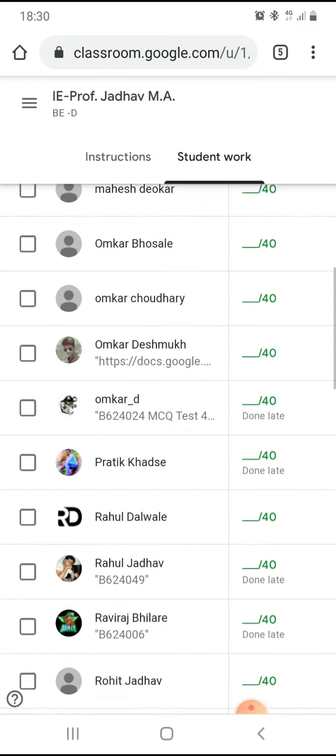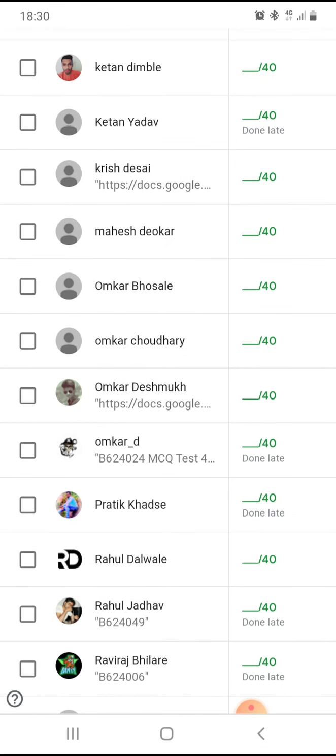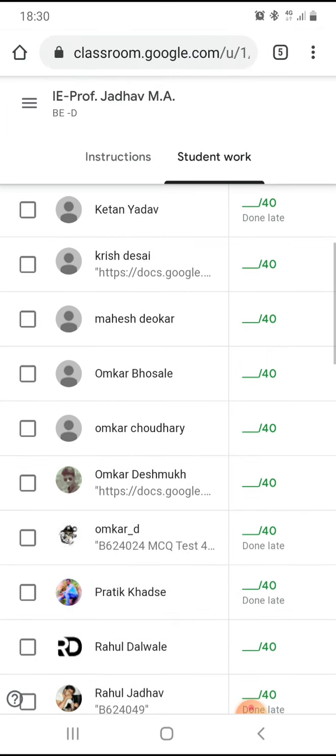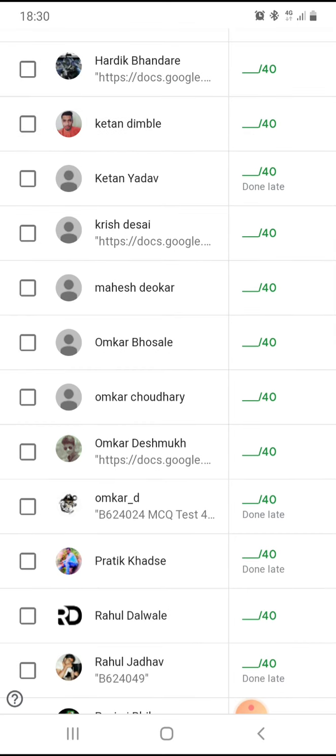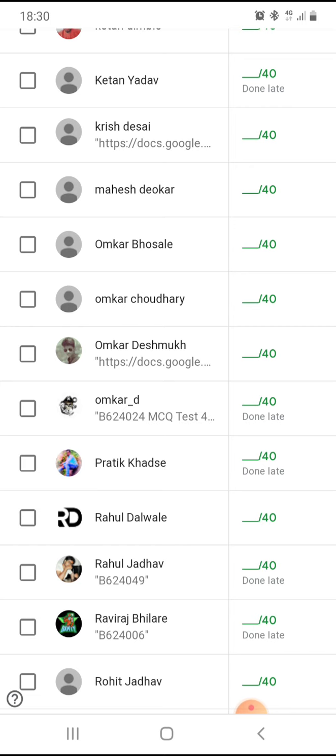If I have also given the due date and time, in few cases it is showing blank, and in front of a few students it is showing done late. It means that I can reduce the marks of those who have solved this assignment late.